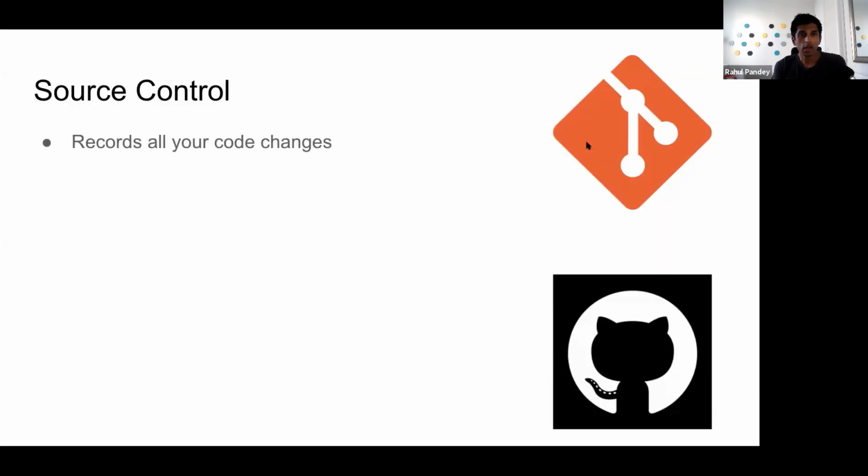So the idea is that source control is software which will record all of your code changes for a project. It's a single source of truth for all developers. And that's really the key value of having a source control system, is that when you go out into the real world, you're going to be developing a project with a couple people, hundreds of people, maybe even thousands of different developers who are all contributing to the same code base. And so having a single source of truth is vital to being able to communicate and land changes in the